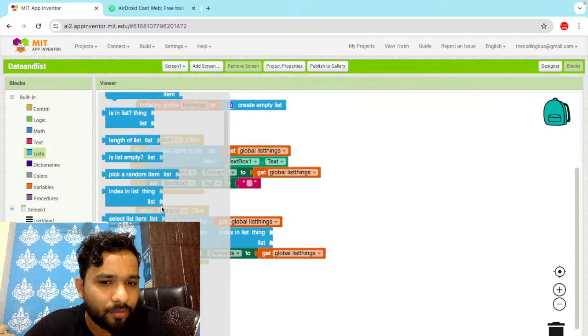So for that, let's click on list view. Sorry, and get selection. See list view dot selection, this one. Okay, so list view dot selection, that index value should be from the list view dot selection. So this will give me the